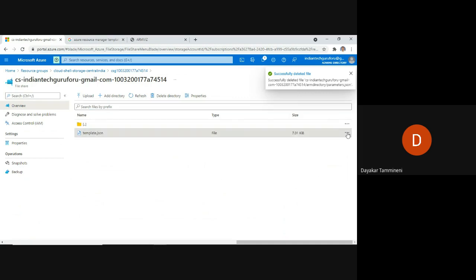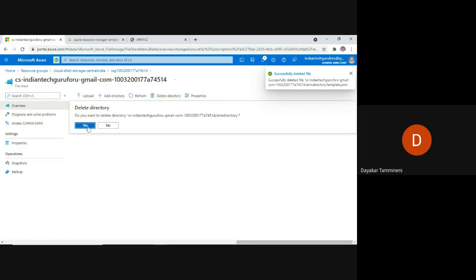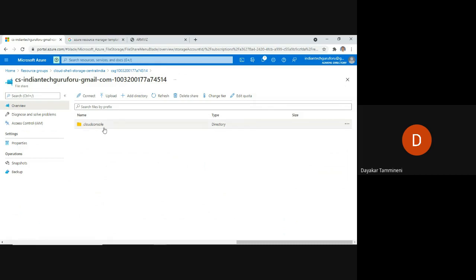I have deleted them, and then I deleted the directory. Now there will be only one directory, the cloud console directory, which is created by default.